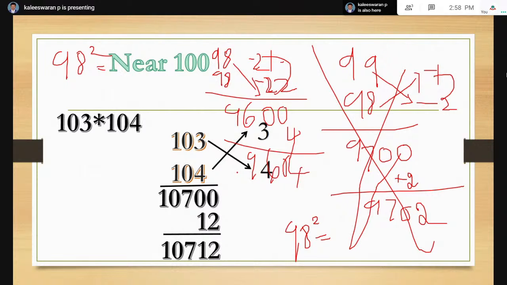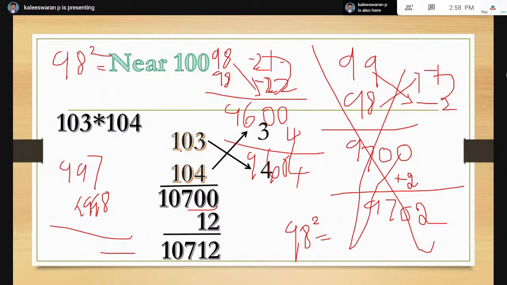We can use the same method for three digit numbers, like 997 into 998. We can use the same method for this problem. Instead of 2 zeros, in this problem we need to add 3 zeros. That is the difference. And one more example,